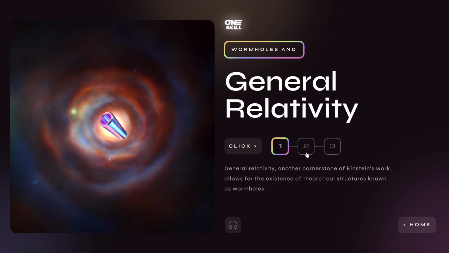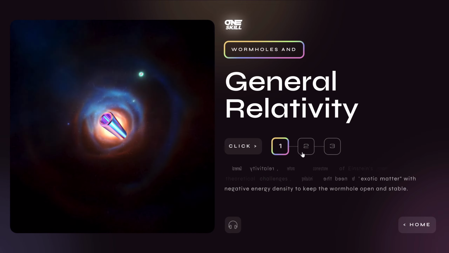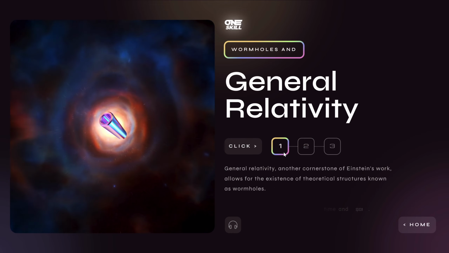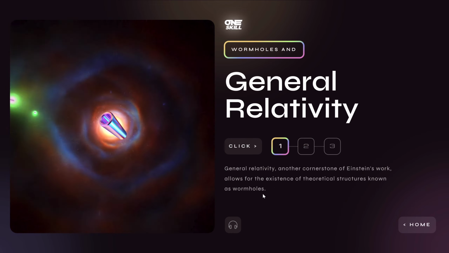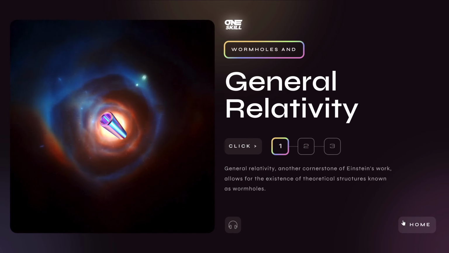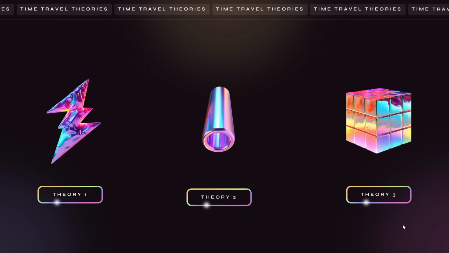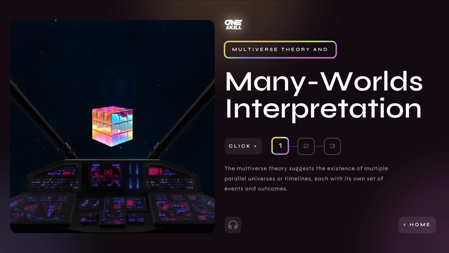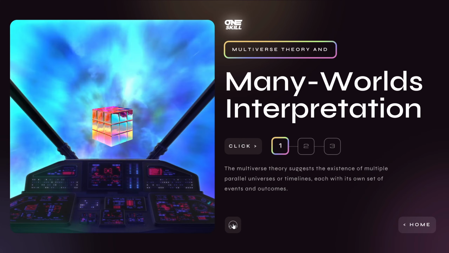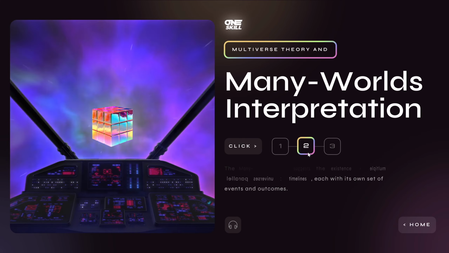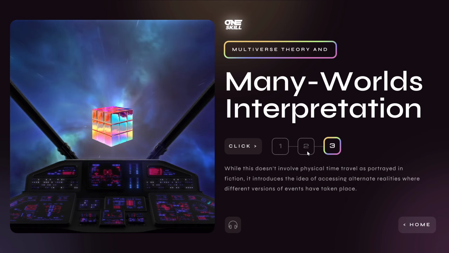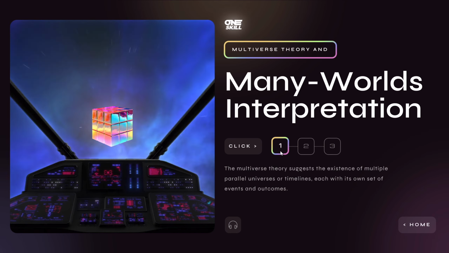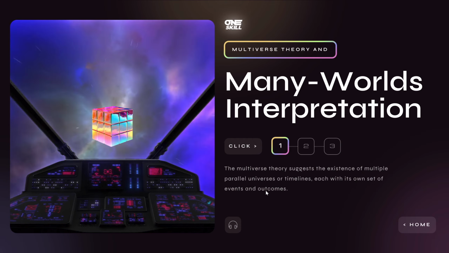General relativity, another cornerstone of Einstein's work, allows for the existence of theoretical structures known as wormholes. The multiverse theory suggests the existence of multiple parallel universes or timelines, each with its own set of events and